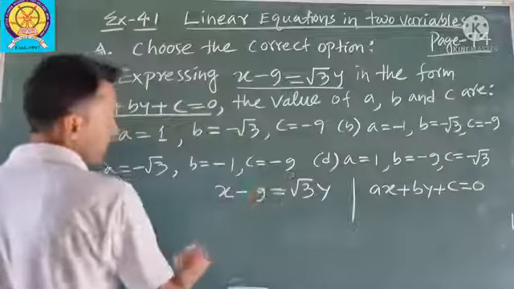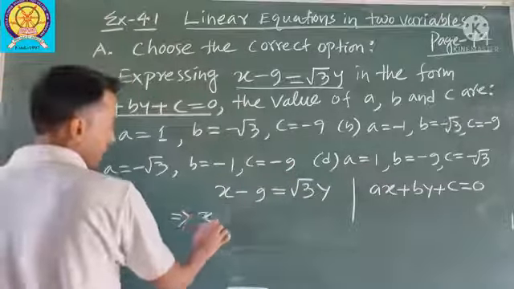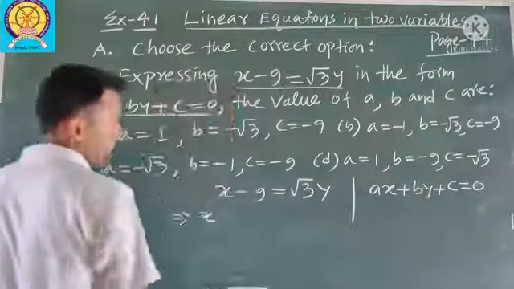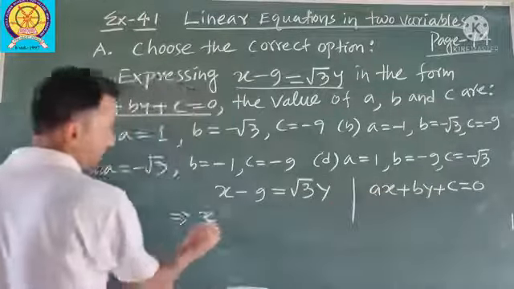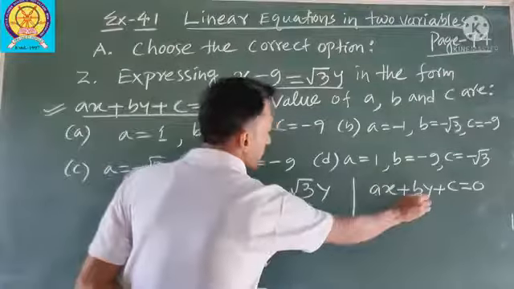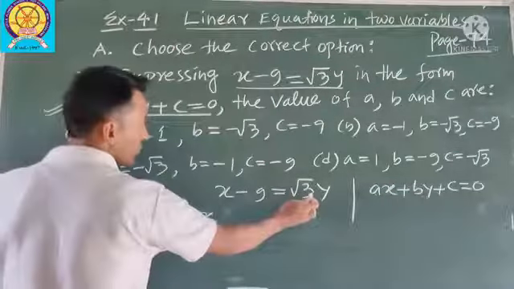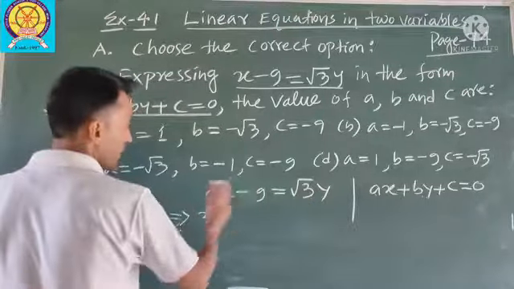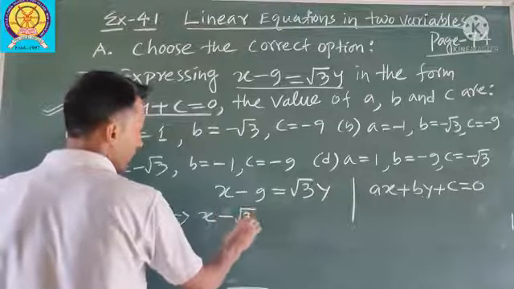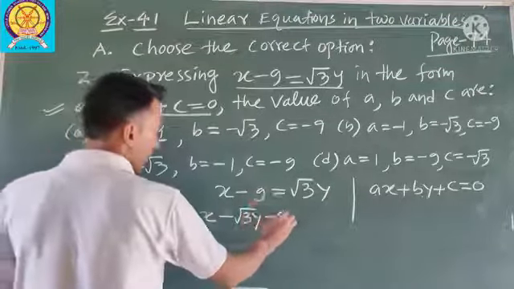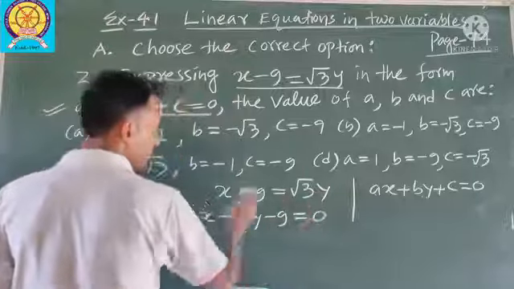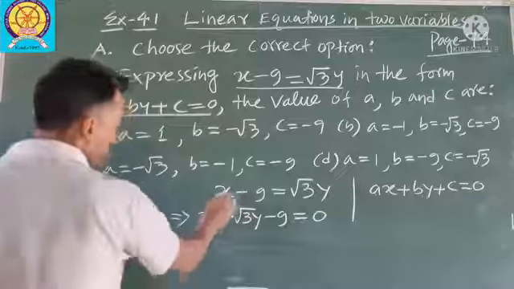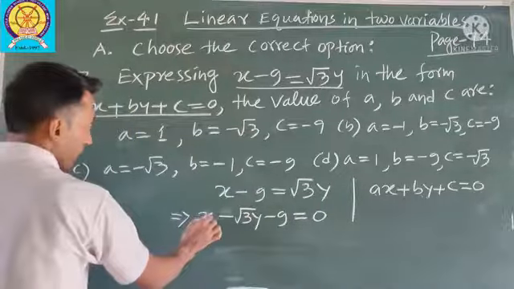First you express x. You see y is in second. ax, here x is there in the first. Second, by. So this one you have to bring in the left side. It is in right side, so you bring it in the left side. Then it becomes negative. Minus 9 is equal to 0. This one you have taken already in the left side, so right side will be 0. Now you see here coefficient of x has.